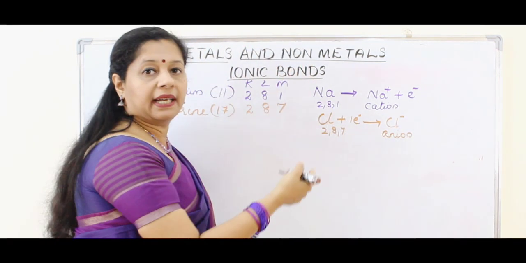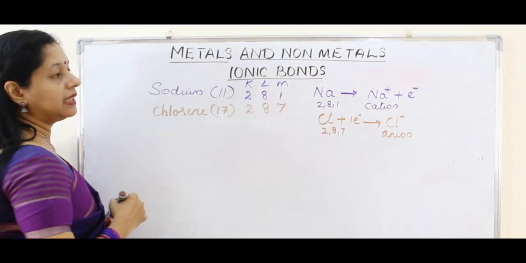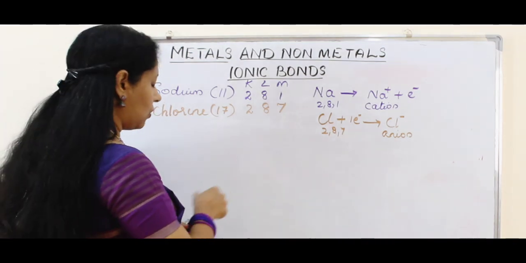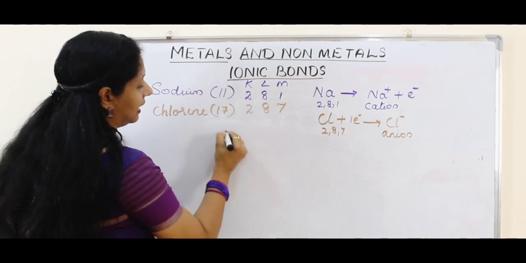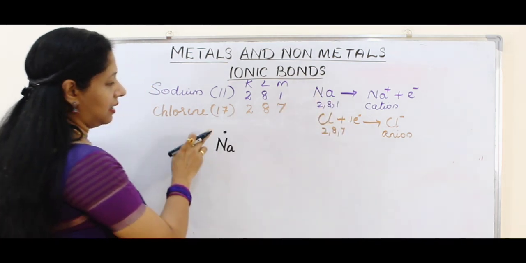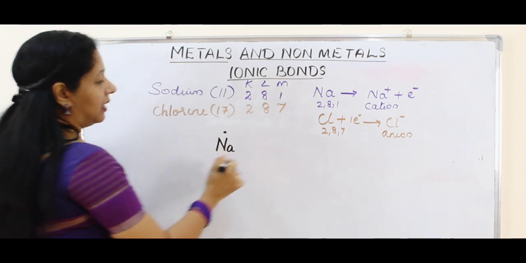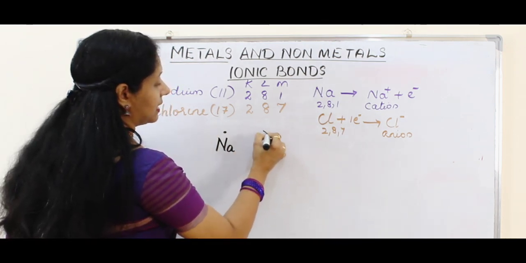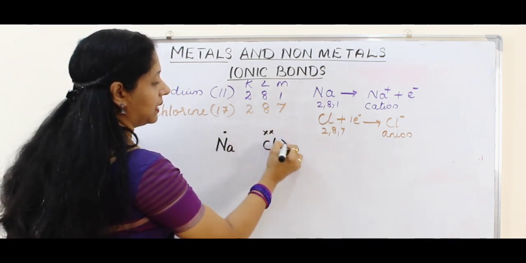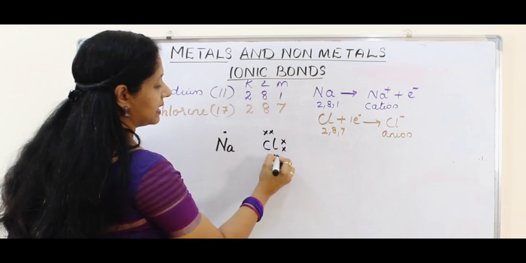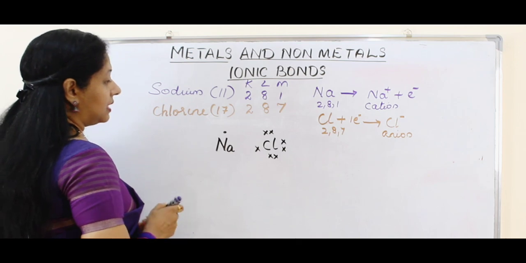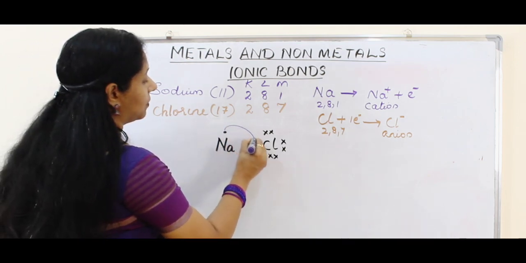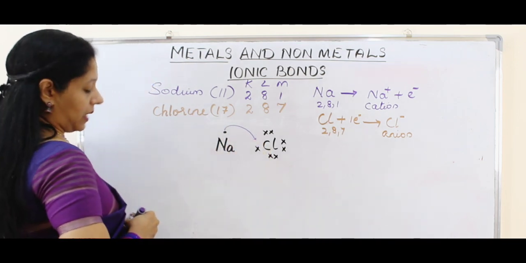Now we will see how they are sharing electrons. For showing that electron dot structure, we have to show only the valence electron. So sodium, there is only one electron in the outermost shell, that is given as a dot here. Whereas chlorine, I am showing with a cross mark just to demarcate between these two. 3, 4, 5, 6, 7 actually were there. Now this one will go here. Right? So as a result,